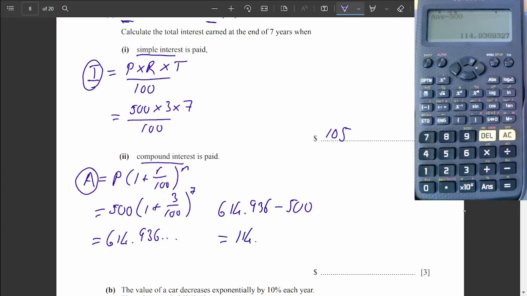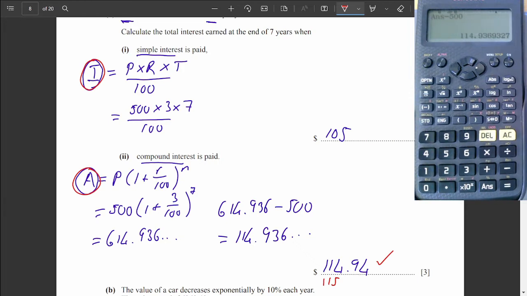Okay, which is 114.936, etc. And now we can round it to 2 decimal places, since this is money. All right, although I see on the mark scheme they do mark correct 115. Well, they would mark that correct as well, 100. If you round it to 3 significant figures, yes, because it's not exact. That's true. Either way, I will get my marks and you'll get your marks. If you write 115, both get you the marks. But remember to subtract. Remember, this is the biggest thing, the difference between compound and simple interest and what the